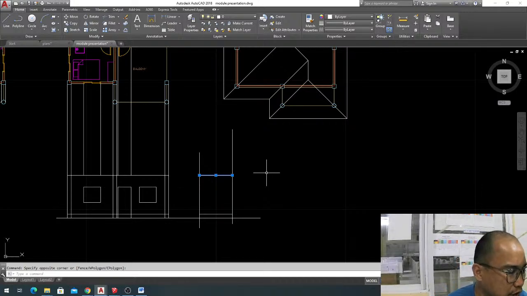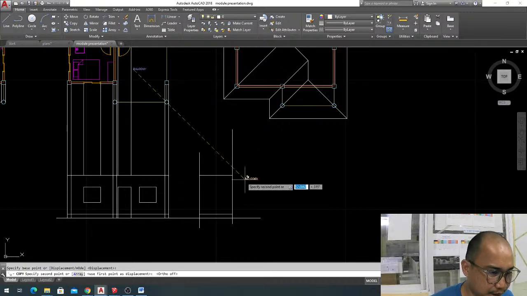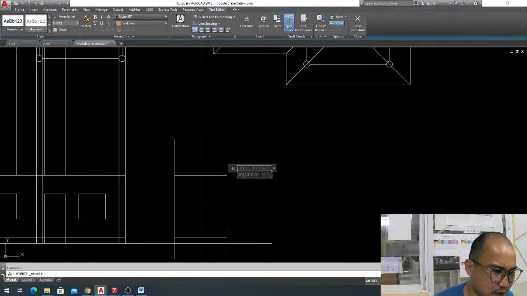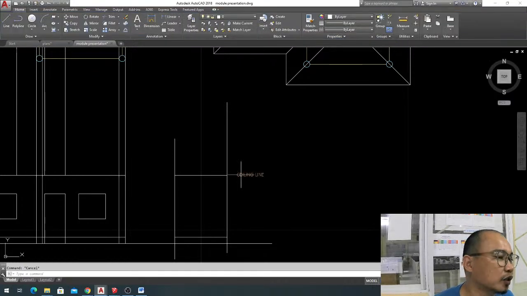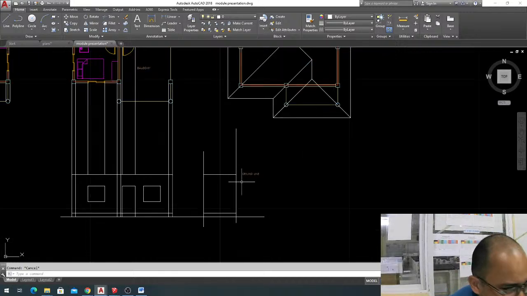Okay? Now, according to the module, you are going to offset the finished floor line going to your ceiling line of 3 meters. Okay? This one right here is the ceiling line. To clarify this thing, ceiling line. Okay, here is where I come in. Since we are working with a 2-story building,